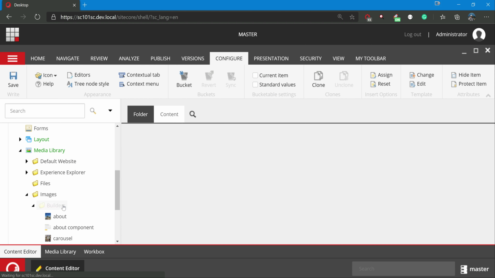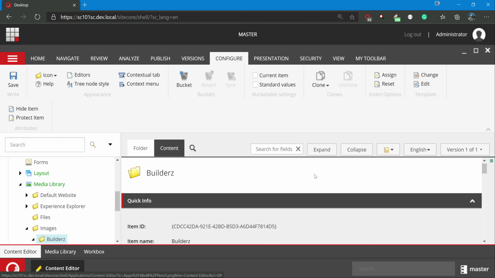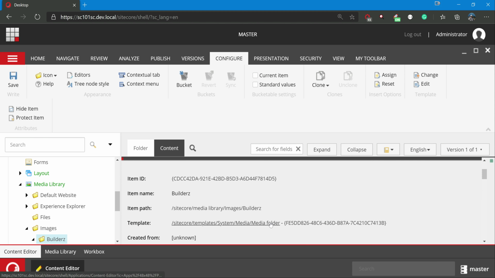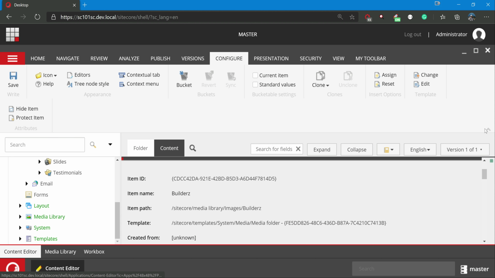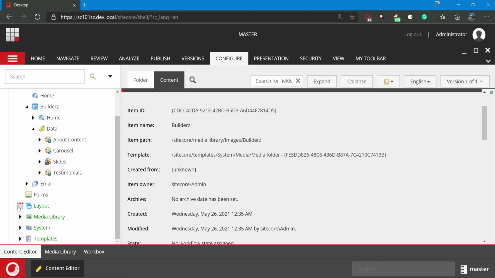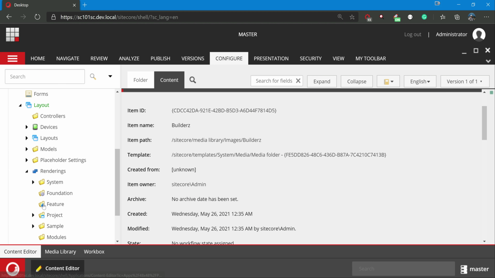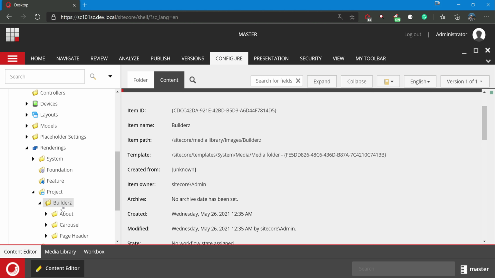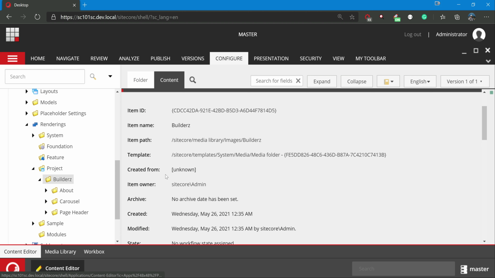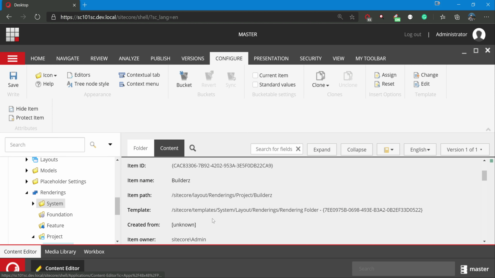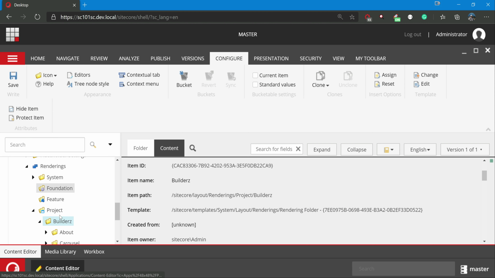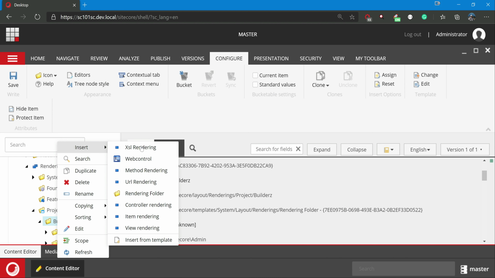If you click on these builders, sorry, this is a media folder. If you right click this, you are already getting some insert options by itself, as well as upload file. A similar case is the rendering, that's under layouts. If you go to rendering and project, we created the builders. Let's click on this, and this is called a rendering folder. If you right click on the rendering folder,